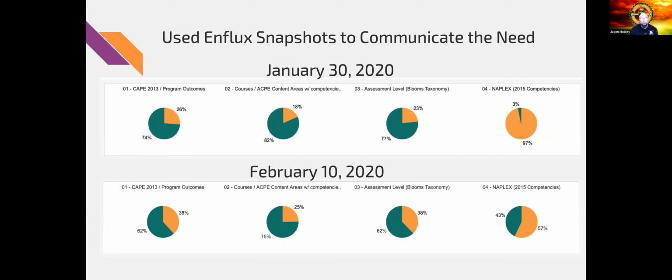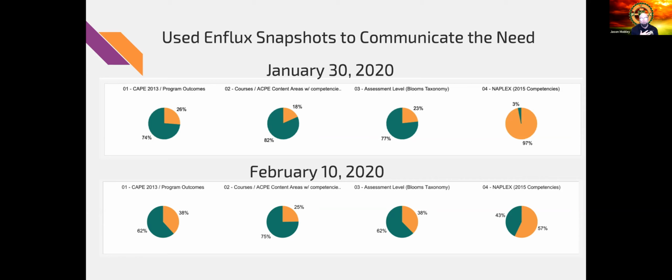So one of our faculty members is a NAPLEX test writer. So he actually met with them and said, okay, based on what area that you teach, these are the tags that you should use. So we created videos, sent that out to faculty. I'd be happy to share those videos with any of you. But we use that to show them how to tag properly. So what I would say is, as of January 30th, most professors were tagging, but not all of them.